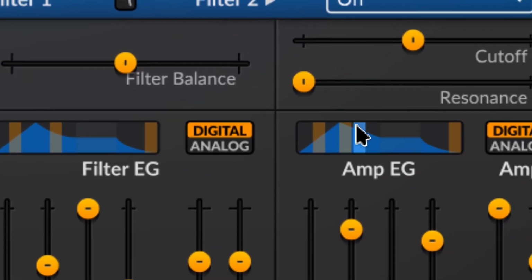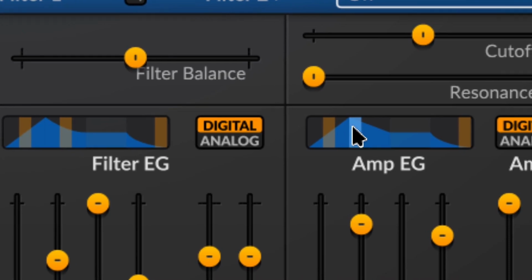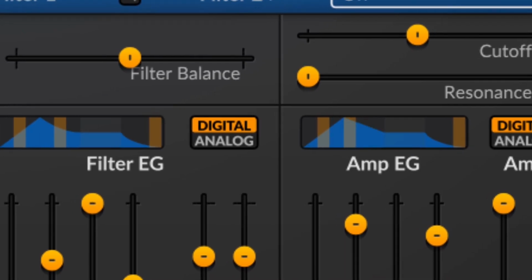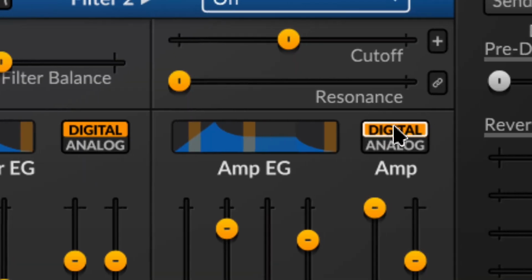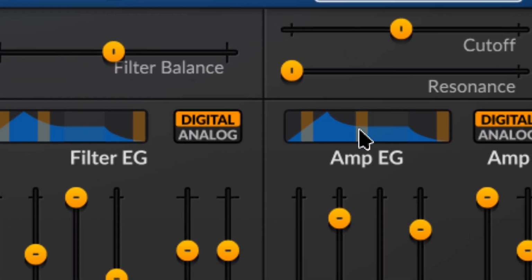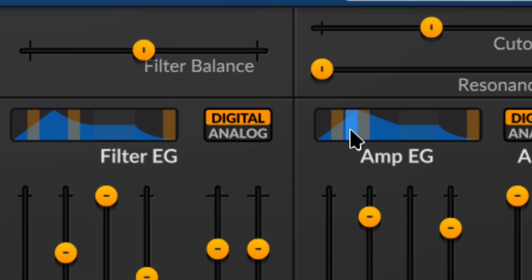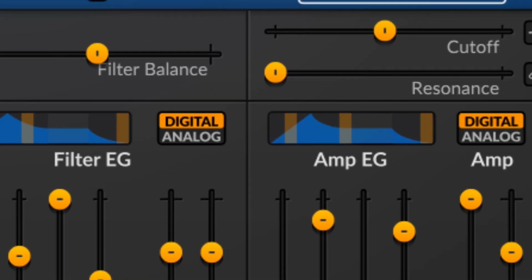This is not linear, this is more like logarithmic. This is more linear, and this is faster down. So if you want to shine it longer, or this one,